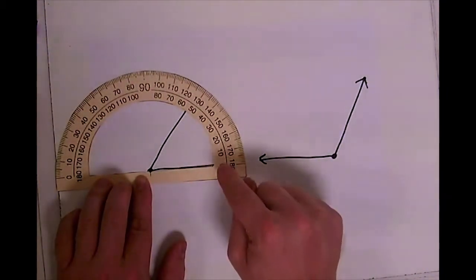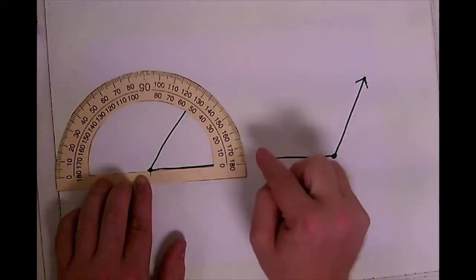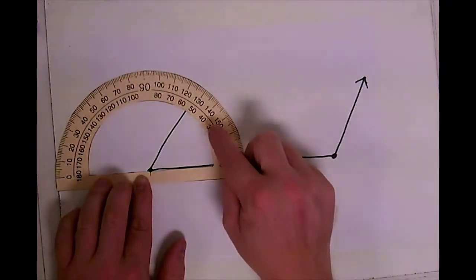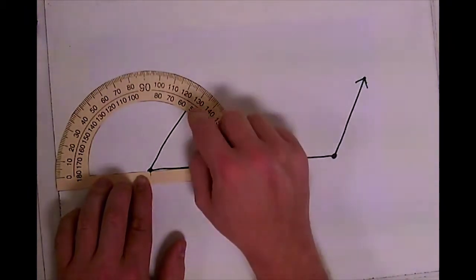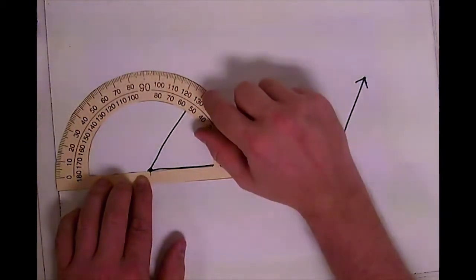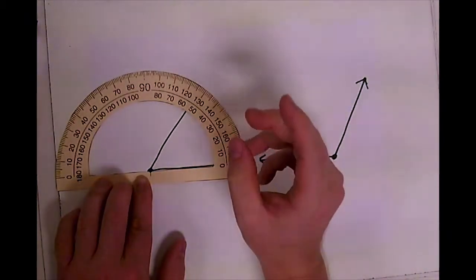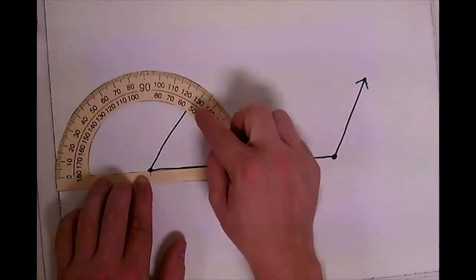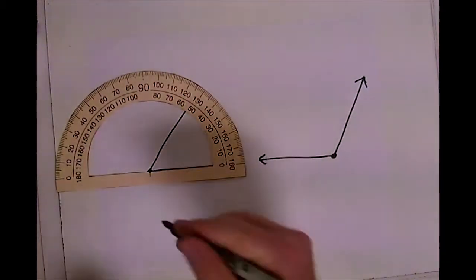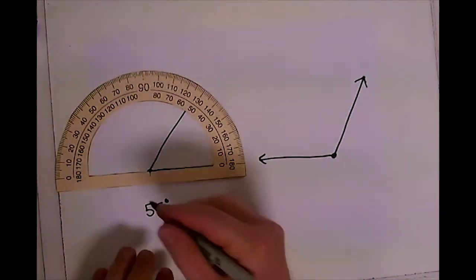So if I start by 0, I'm going to count up. I'm going to count up by the easiest thing until I get to the number that I want to. And the easiest thing for me is just counting by tens. So I go 0, 10, 20, 30, 40, 50, and it's in between the 50 and 60. If I wanted to, I can count by these little lines up here, but to be as close as I possibly can, it looks like it's 55. So I would put this angle is 55 degrees, and I know 55 is less than 90,